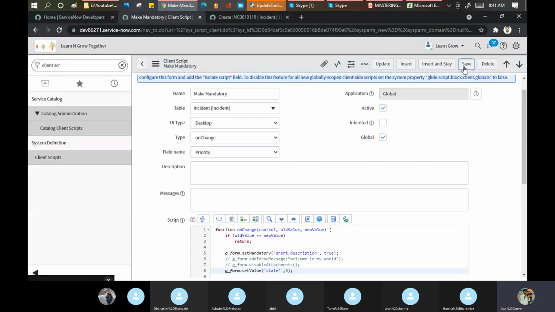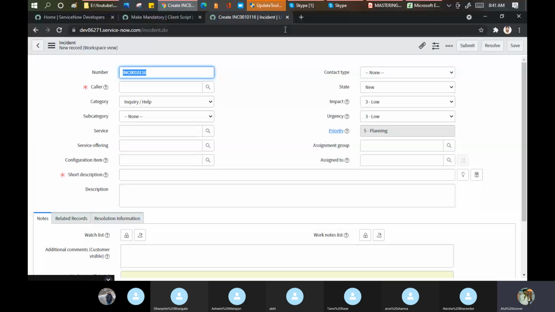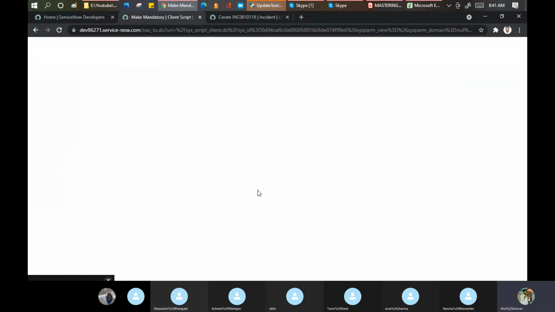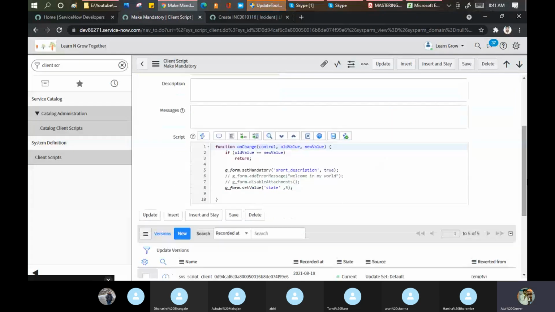Okay, now save. What it will do when I change the priority, the state will be changed automatically. Let me do that part. Mainly this g_form is used a lot of the time. See, it's showing as a 5 here. It inserts a new value as a 5. Maybe I can put 6 here. Let's make a change. Maybe 5 does not exist, but 6 exists. Or we are doing the wrong part here.